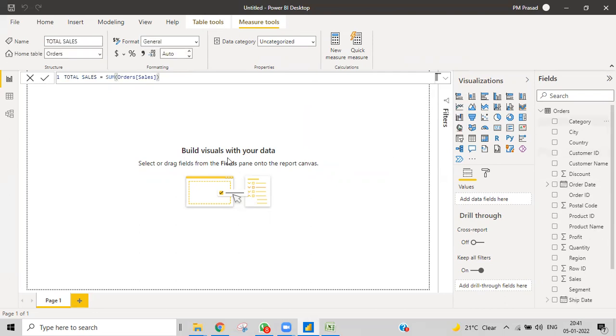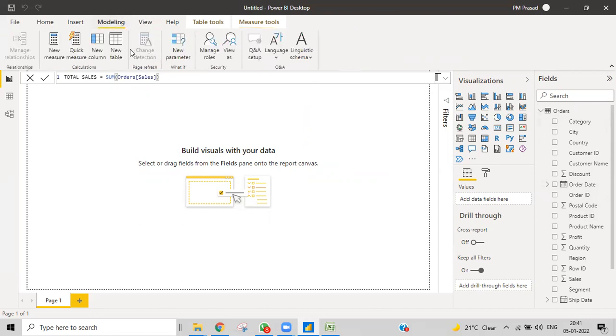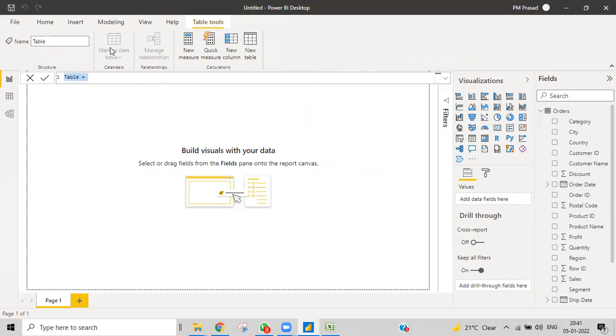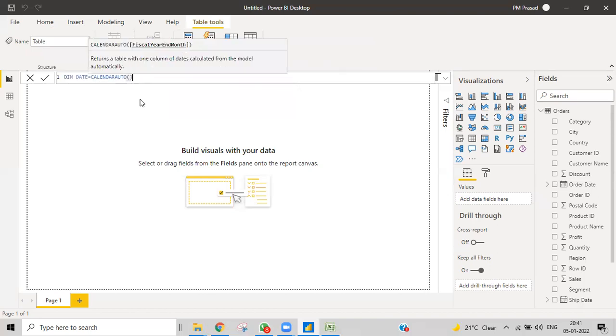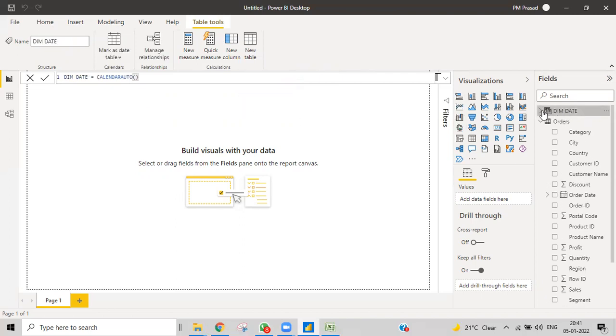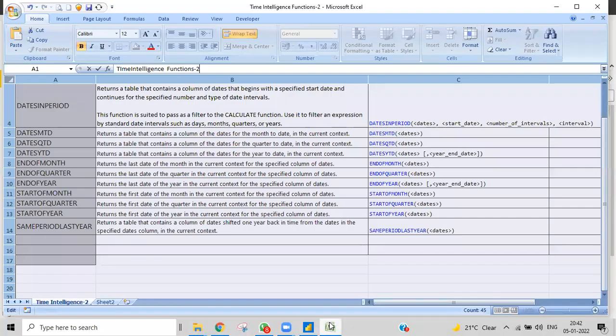Today we will work entirely with a date column. So I'll make a calendar or date table, what we call a date dimension or calendar. I'll write date equal to CALENDARAUTO, which I want to use at this instance to make it faster. So I get a dim date, a date dimension table, with the dates. So I'm ready to work with my calculations.